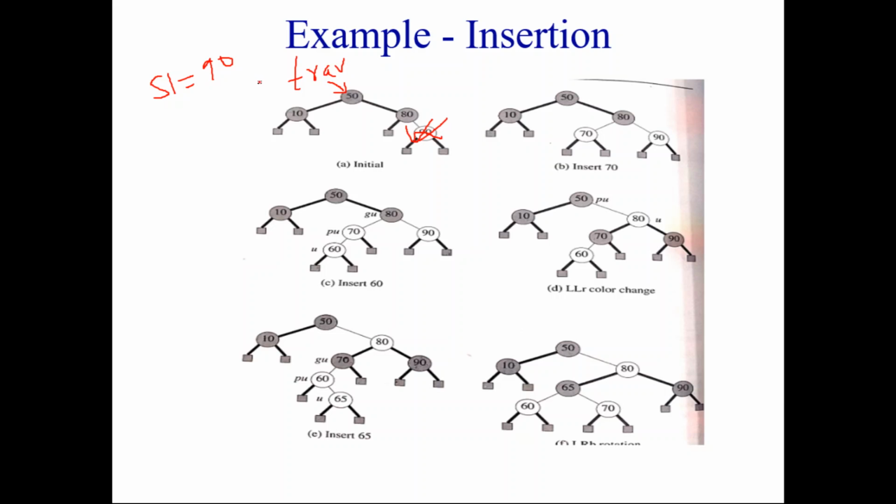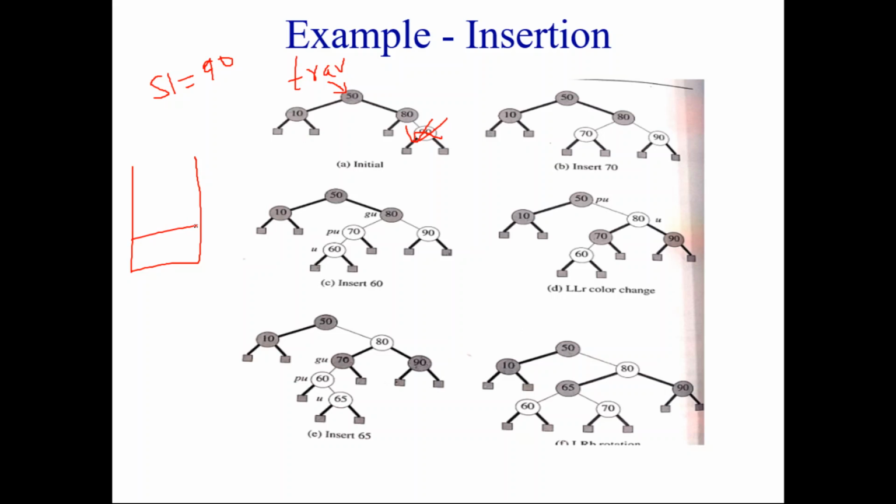So we check first whether S1's key is equal to traverse key. No. Then check whether S1 is less than traverse key. No. S1 is greater than. So then we have to update traverse equal to traverse arrow right. But before that, traverse will be pushed into the stack. That is the node where traverse is pointing.